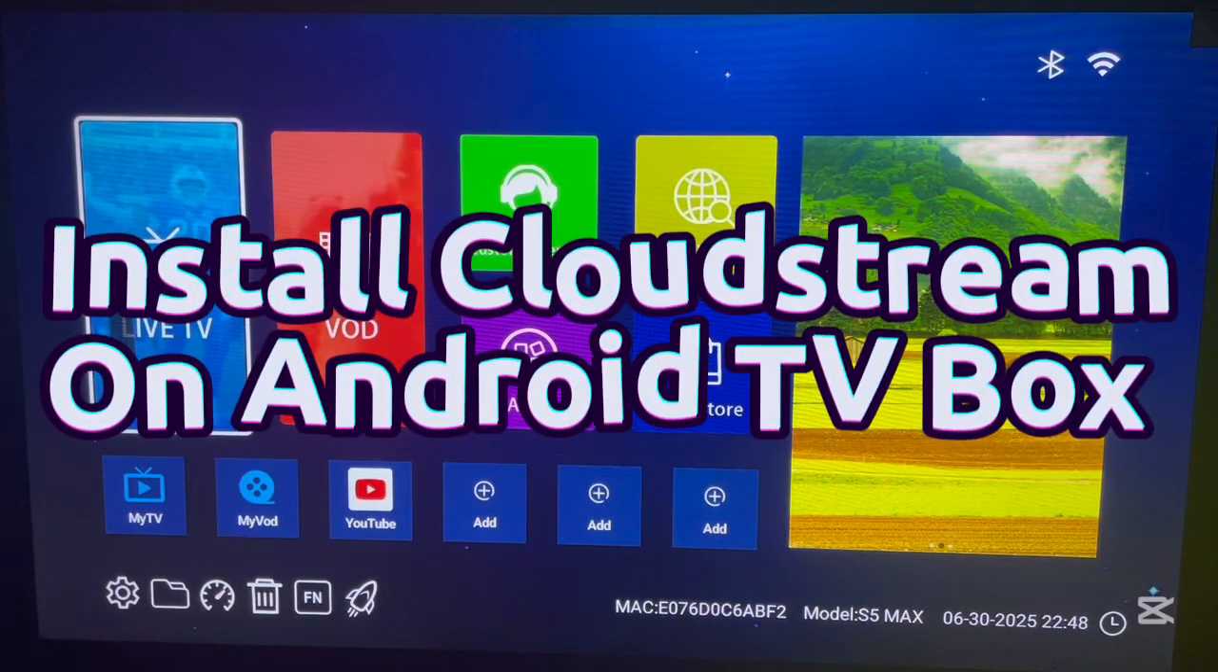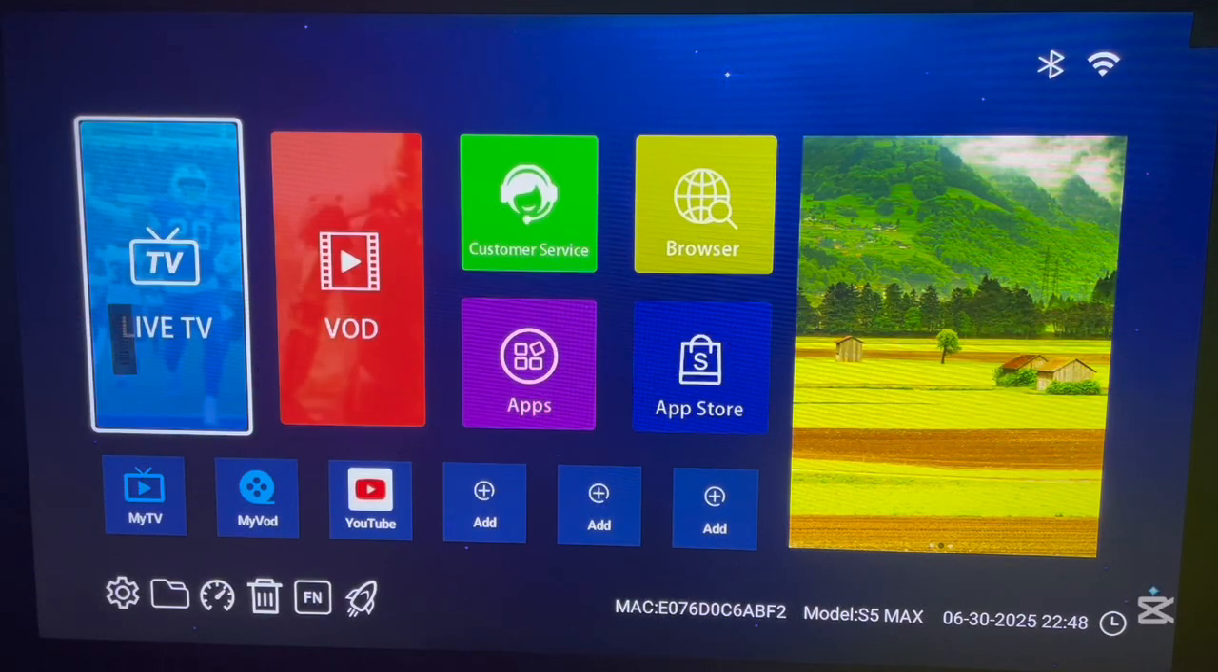In this video, I want to show you how to install the Cloudstream application to your Android TV box without